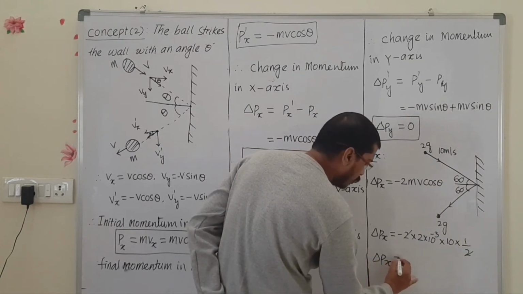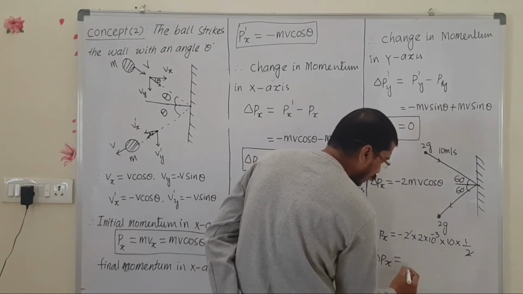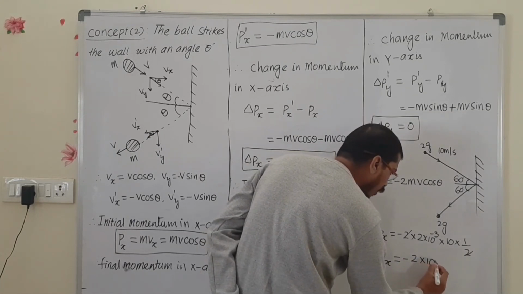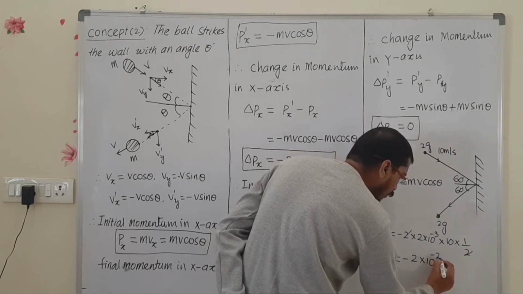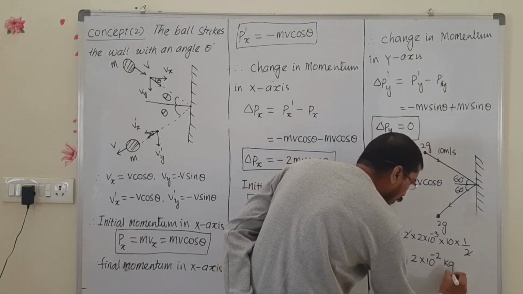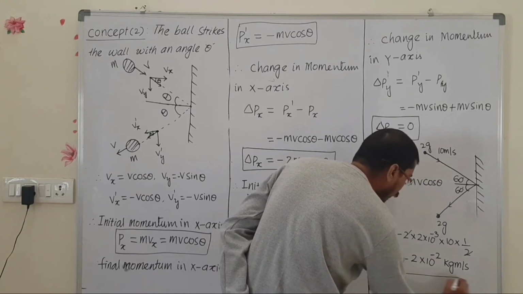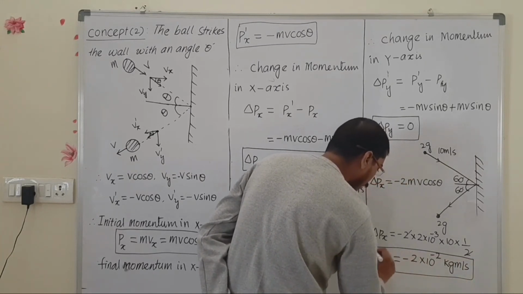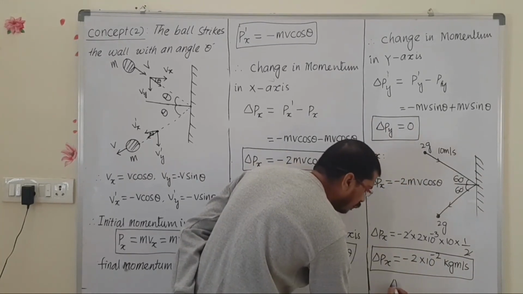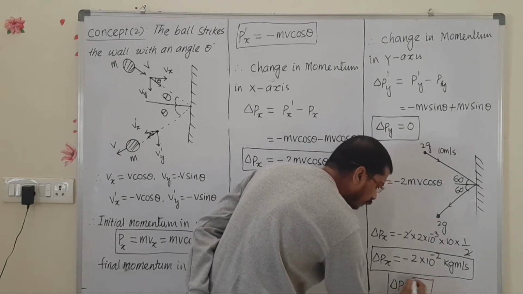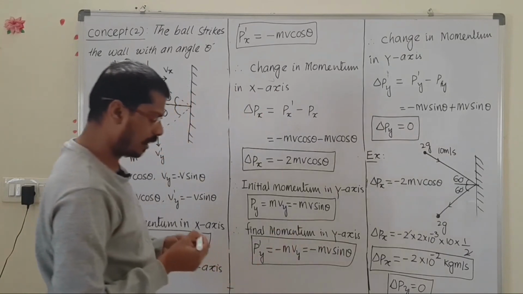Then along the x-axis, the change in momentum we can write as minus 2 into 10 to the power of minus 2 kg meter per second. This is the change in momentum along the x-axis. Now the change in momentum along the y-axis, what is that? It is 0. Okay, like that only we have to